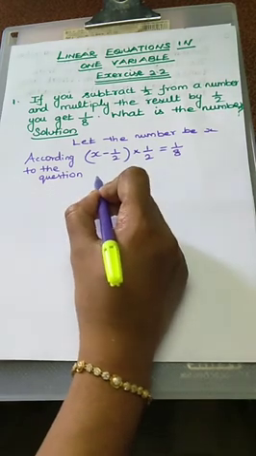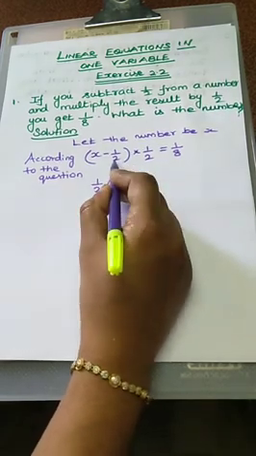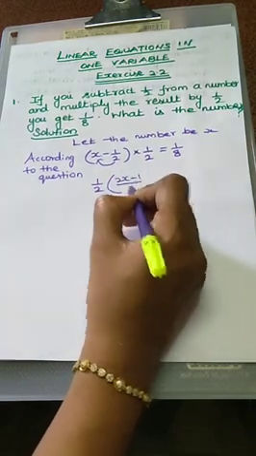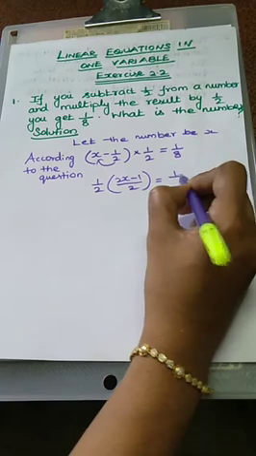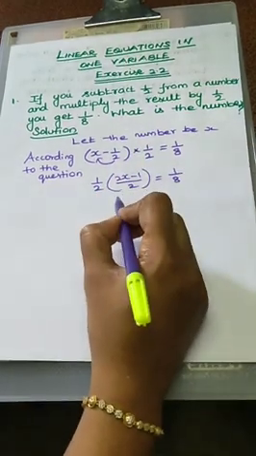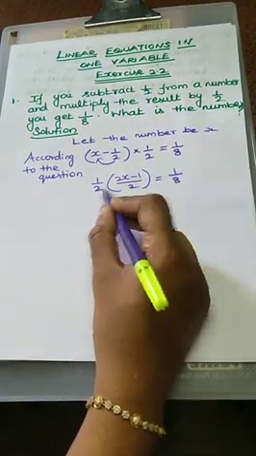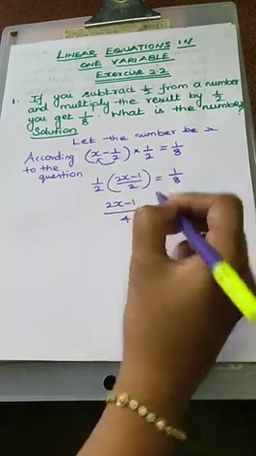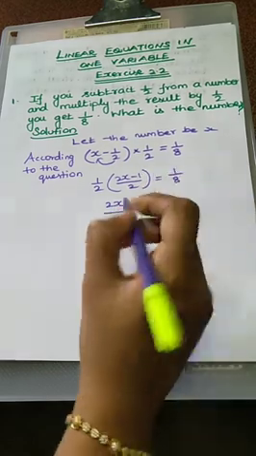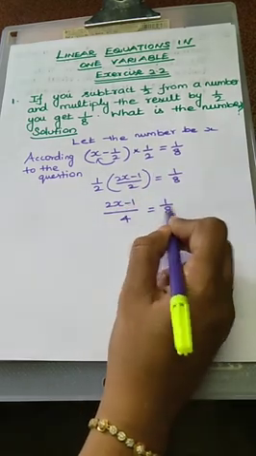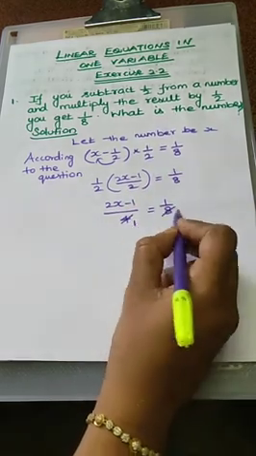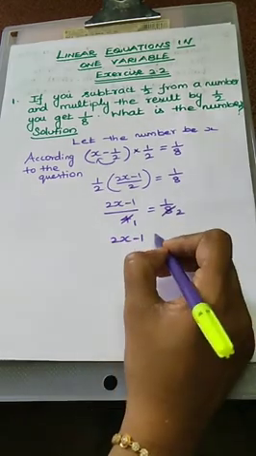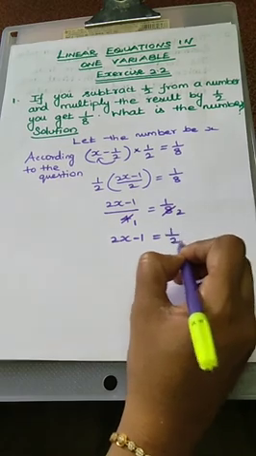Half of, just cross multiplication, 2 into x, 2x minus 1 by 2 is equal to 1 by 8. Next we remove the bracket and multiply these two values. So 2x minus 1 by 2 into 2, 4 is equal to 1 by 8. Now we cancel the LHS and RHS values, 4 ones are 4, 2 twos are. Now our LHS value is 2x minus 1 and the RHS value is 1 by 2.